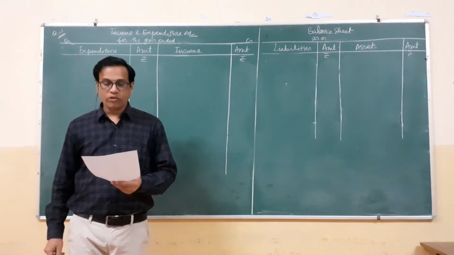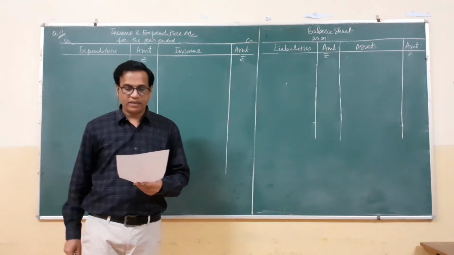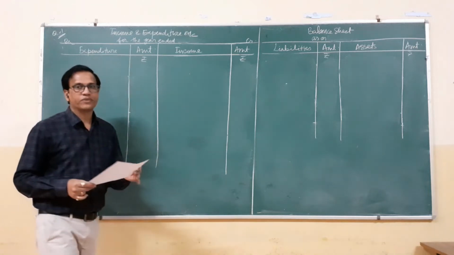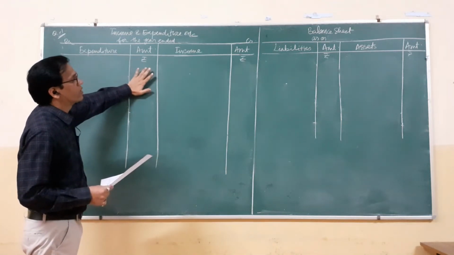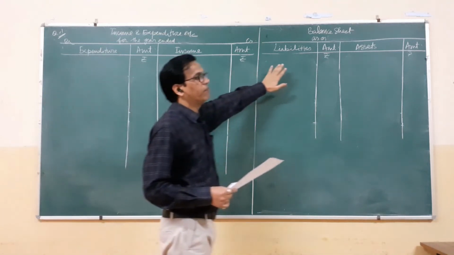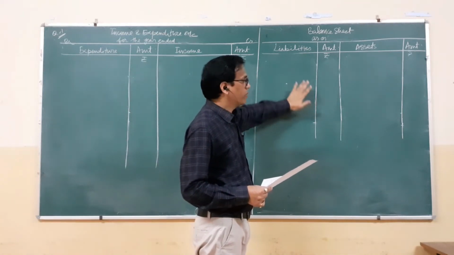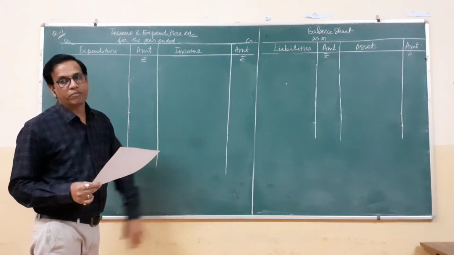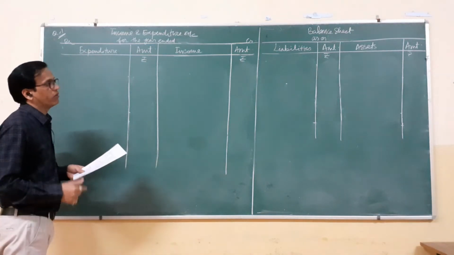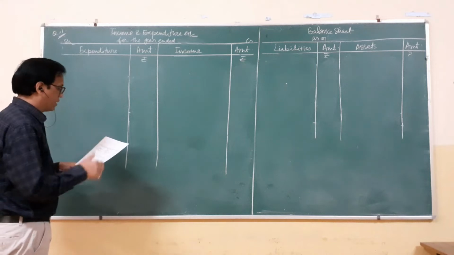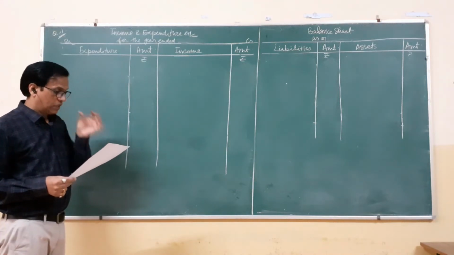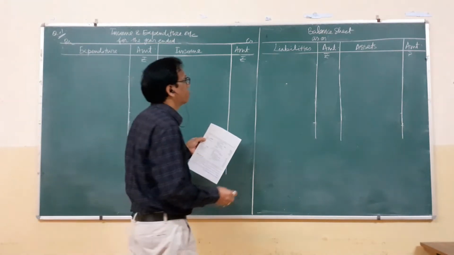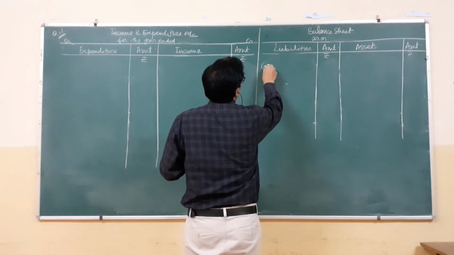So to start with this question, we will require some of the adjustments along with the items to be done. The same way we will do it, that is the simultaneous system. So we are required to prepare the income and expenditure account and the balance sheet at the end of the year. Opening balance sheet is given in the question. We have the amount of opening capital fund with us, so we will not prepare the opening balance sheet to calculate opening capital fund. So one by one, the items we will see. From the opening balance sheet, first you see, given capital fund 2,10,000. So this we will take here, capital fund